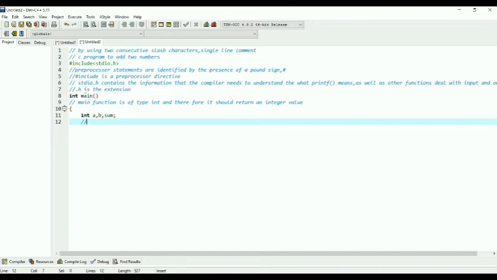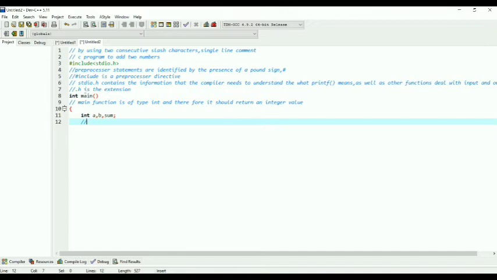For that, we have to use printf: enter two numbers A and B. We use printf because whatever we give in the double quotes is going to be shown on the screen, and the user will see it.